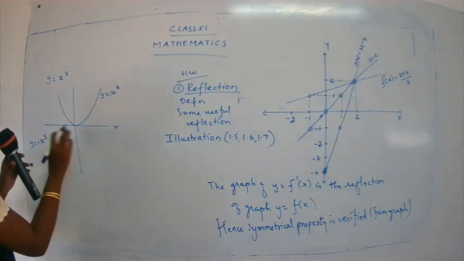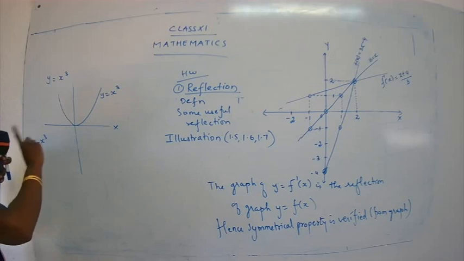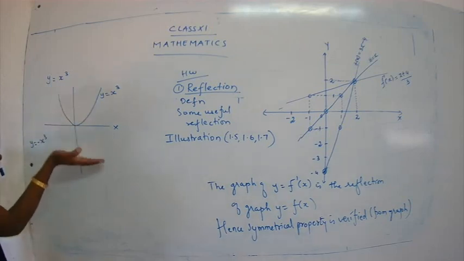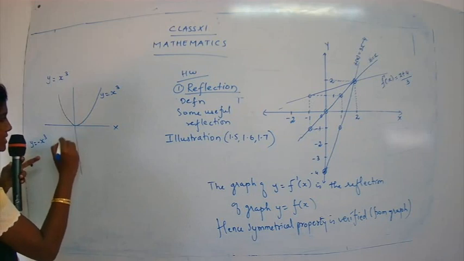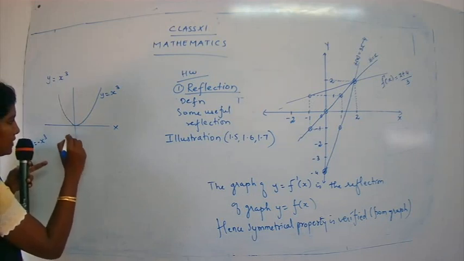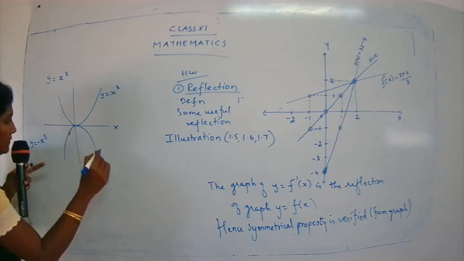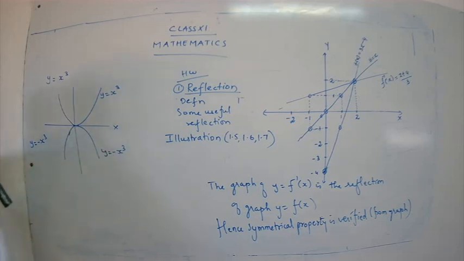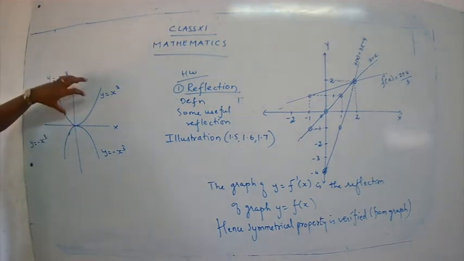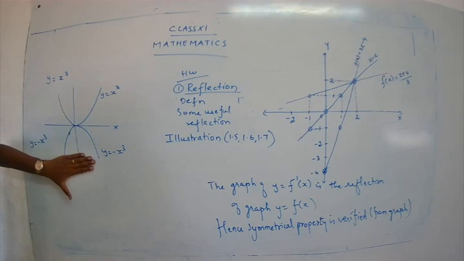So where is the x-axis, children? So this is our x-axis. So it is going to get reflected in the x-axis. So how do you get the graph? You get a graph like this. So this part turns out like this. So simple, see, I have plotted it directly without plotting the values. We are just using the transformation. So here how is the graph moving? The graph is turning downward. The actual function, the curve was facing upward. Now it is facing downward. Are you clear, children?